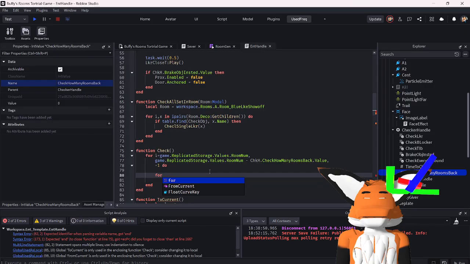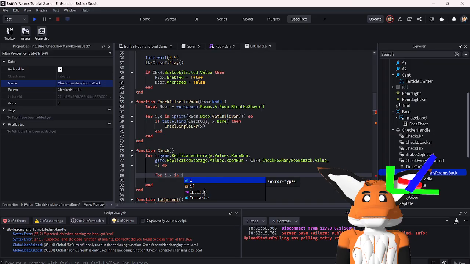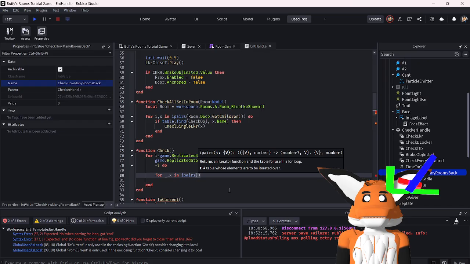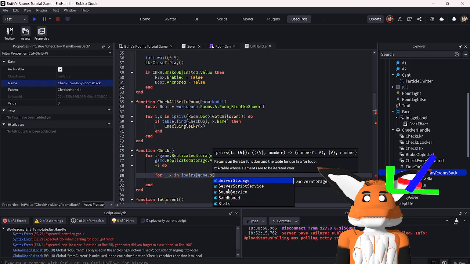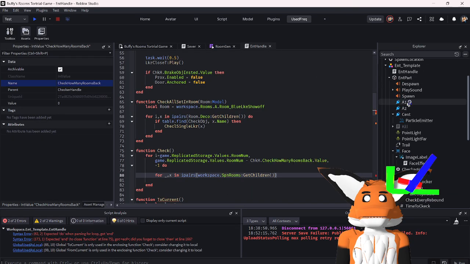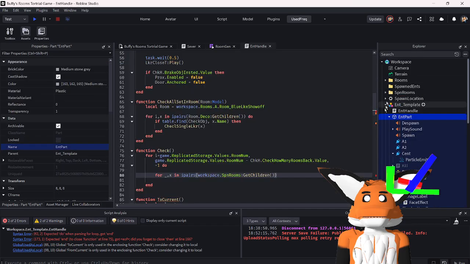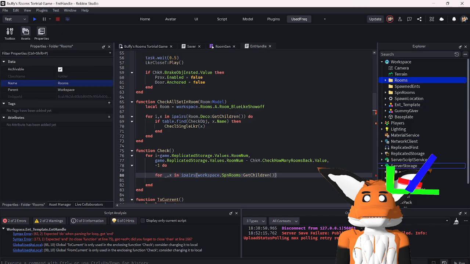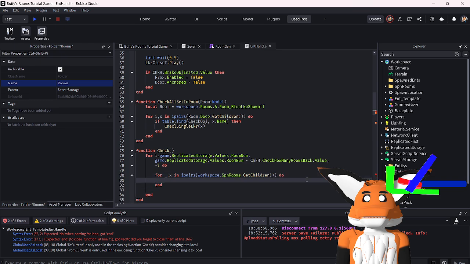and we'll say for i, x in ipairs, except that we should not use i. We can just replace that with an underscore because it really doesn't matter. Game dot workspace dot spawn rooms dot get children. And speaking of which, I did not mean to do that. We're going to drag the actual rooms back into server storage,